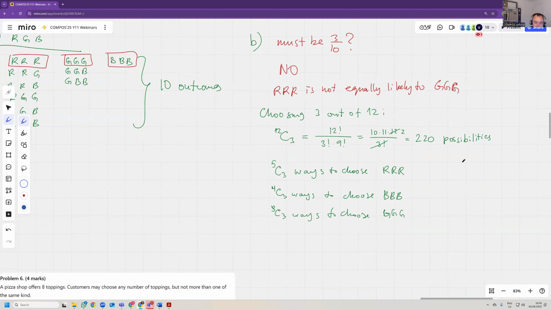Is 5 choose 3 equal to 10? I think it is: 5 factorial divided by 3 factorial times 2 factorial, which is 10. 4 choose 3 is 4. And this is just 1. Okay, so there are 15